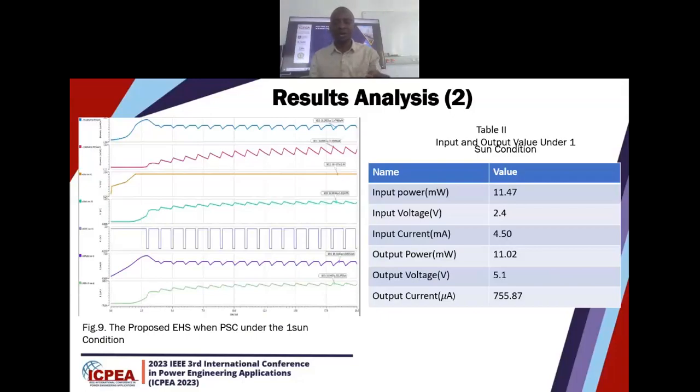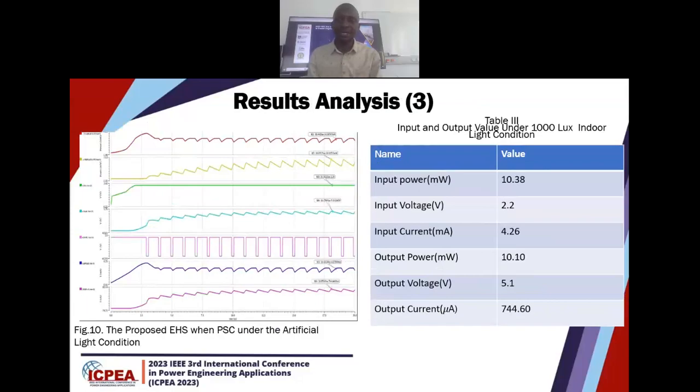As you can see here, my input power and my output power were close to the same value, and I was able to achieve my output voltage, which is 5.1. Also, under the light condition, I'm able to achieve my output voltage, which is also 5.1 volts, and my input power and output power were comparable. I was able to extract the power by using the P&O